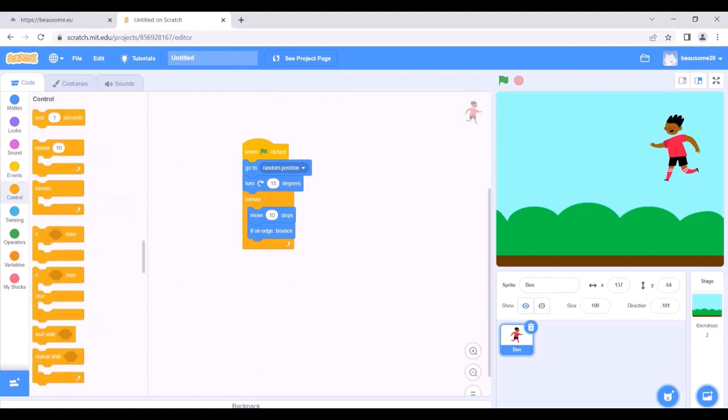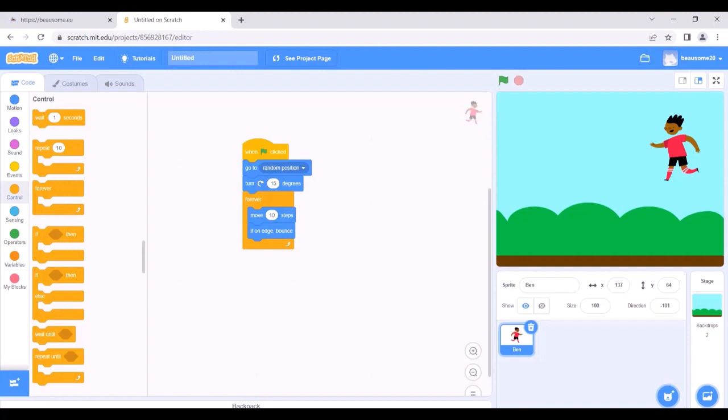And from control we can choose the forever loop to do those actions forever, or we can select an if statement, which means if Ben is touching the edge, then do something else, then turn, or then say something.